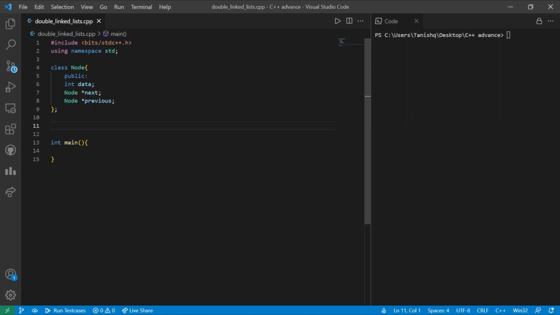Before that, let us write a small function in order to create a new node in which the next and the previous pointers will be pointing towards null, and the data present in it will be initialized to the data we are going to pass as the argument. So let us name that method create new node. The return type we can keep as the node itself, so that we can directly initialize that node in any of the programs that we want to.